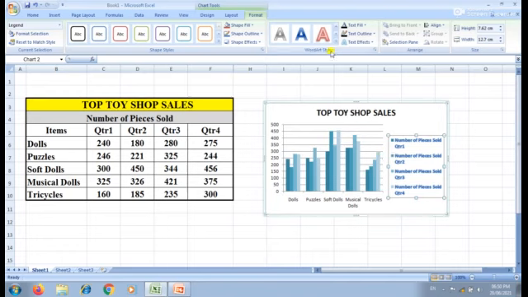Now I have changed the word art styles. Okay, so with the help of the format tab, we can change the individual features of the chart. That means we can change the color of the text items on the chart and their font, then font size, then outlines, everything we can change.